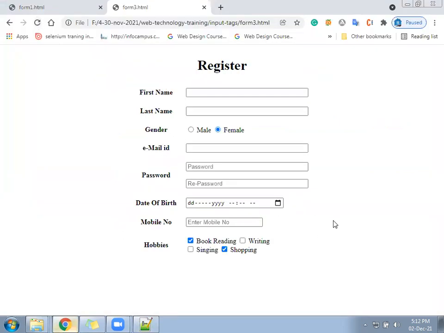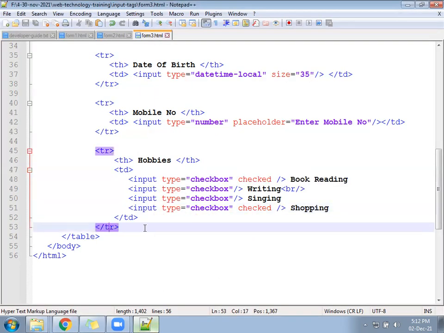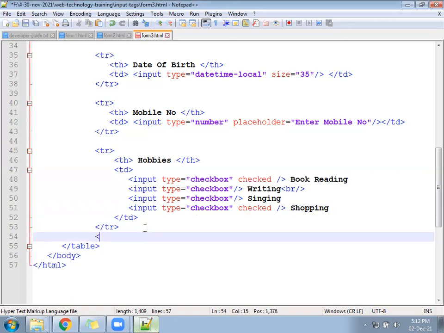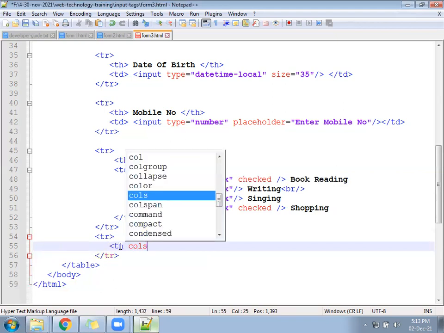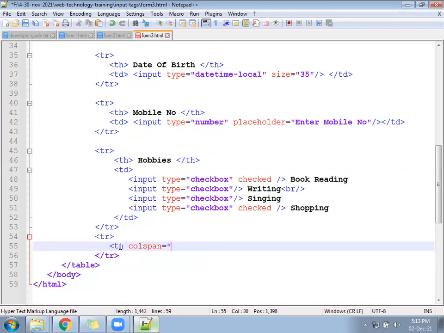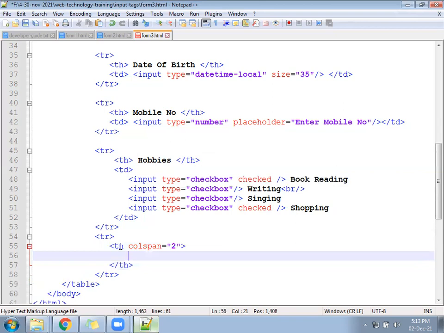Okay, next after that we'll create a button and we'll end this page. We'll write a TR, and under the TR we'll follow a TH with colspan 2.